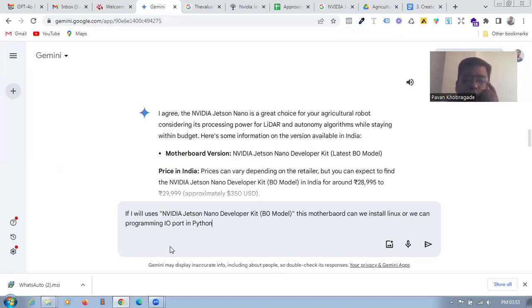Okay. So my next question is, if we purchase this type of development board or development motherboard, can we